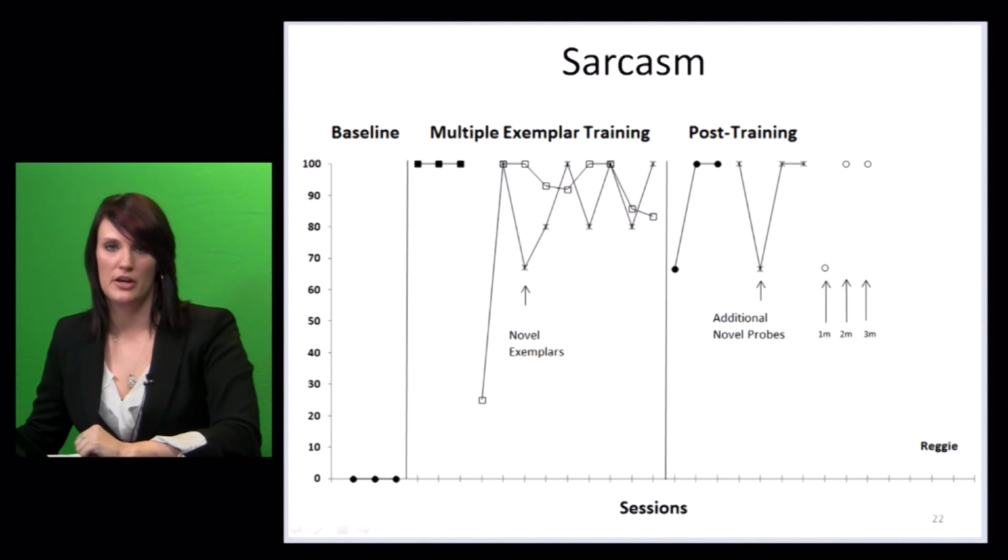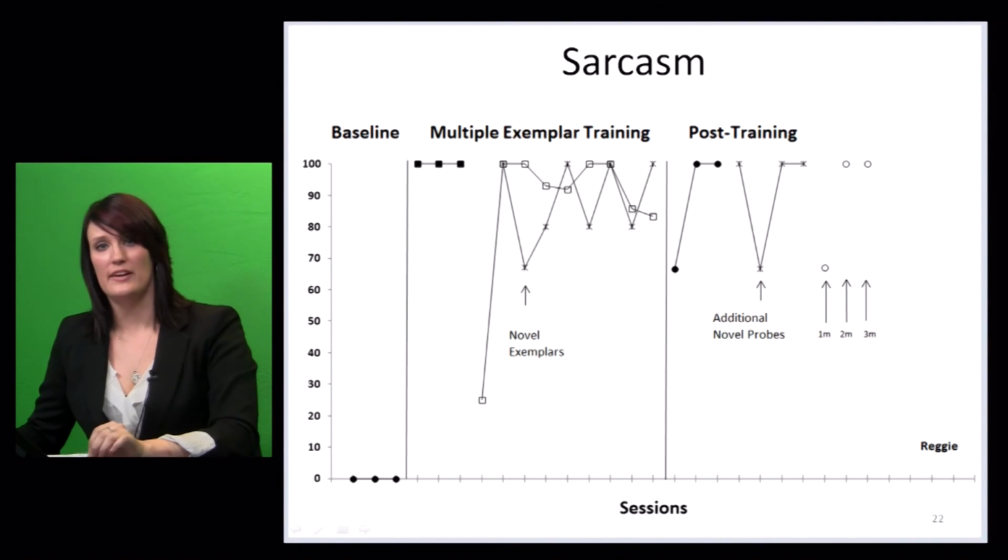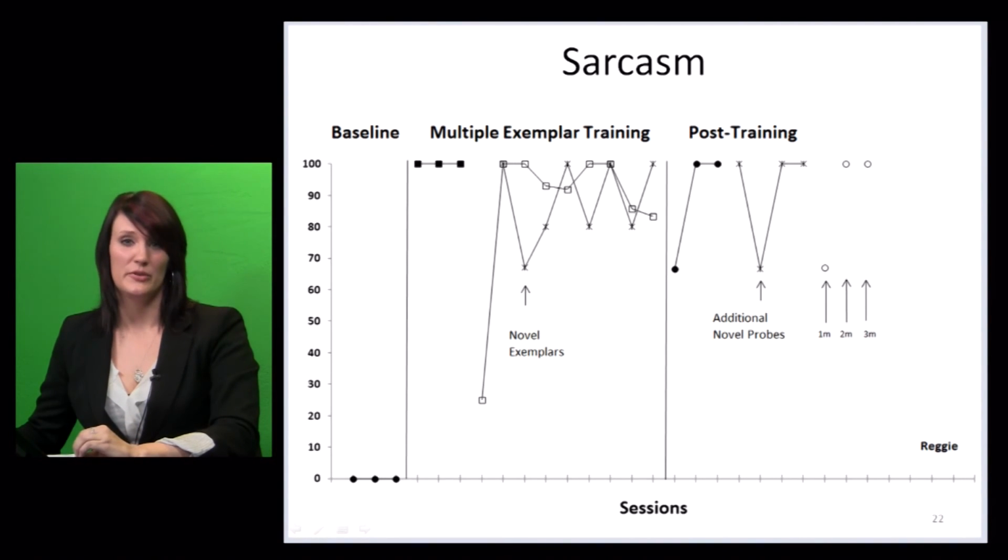I'm sure many of you know numerous people who don't respond to sarcasm, and this is very typical. But we think that this behavior is critical to the social development of these kids, specifically for how they respond to these statements. So they don't necessarily have to pick up on every instance of sarcasm, but we want them to have a general understanding that sometimes people say things that they don't really mean.